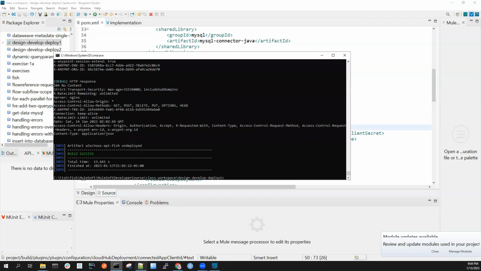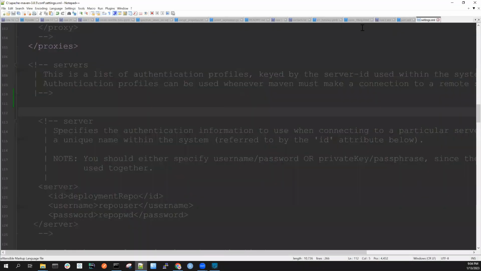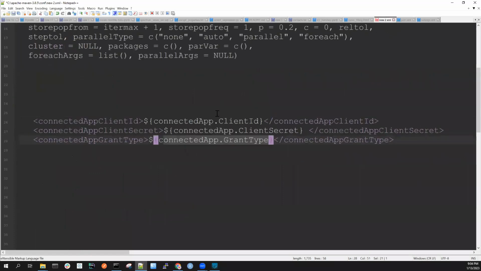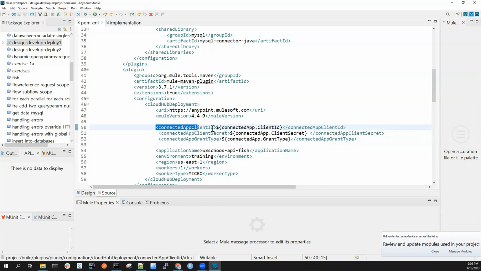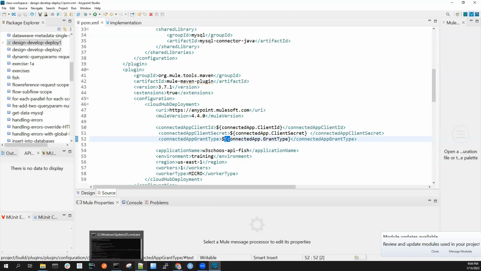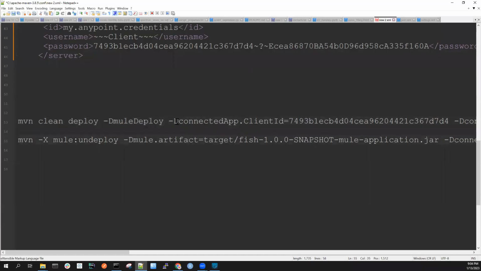So what we do is, let me show you the text I have here. So we do like this. Like before, we have Maven clean deploy, -Dmule deploy. Okay. Now we have to specify values for these 3 tags. So we have the keys here: 1st key, 2nd key, and 3rd key. For each one of the keys, I specify their corresponding values. And you see here, for all of them, we start with -D for the driver, then it is going to take it from here,